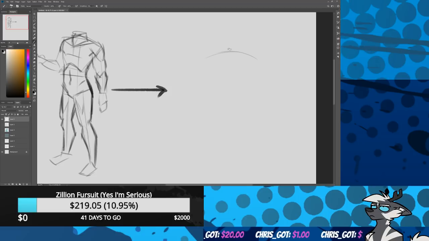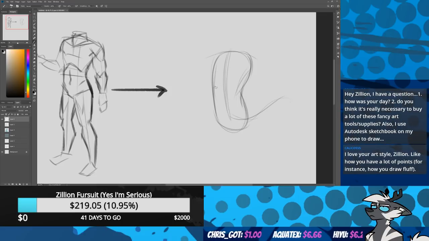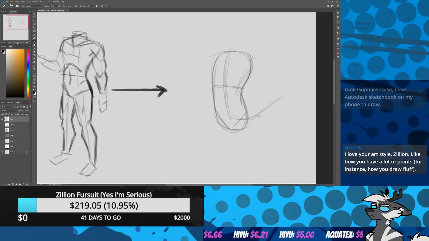Generally for a character that's furry, you're going to have a little bit more of a curved action line because you're going to want to account for the tail. It's going to be a bit softer just because you want that kind of fluffy look. It's going to be a little bit more evenly shaped, a little bit less like an hourglass and a little bit less like a trapezoid, and a little bit more evenly spaced with the hips and the chest. They're going to be a little bit more of an equal size. So we are going to take that. I'm going to place